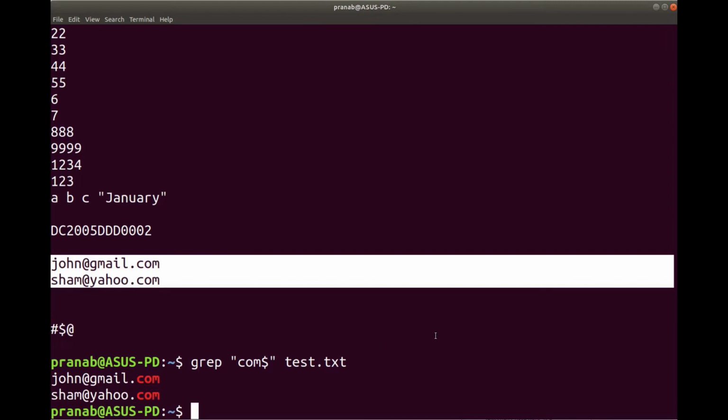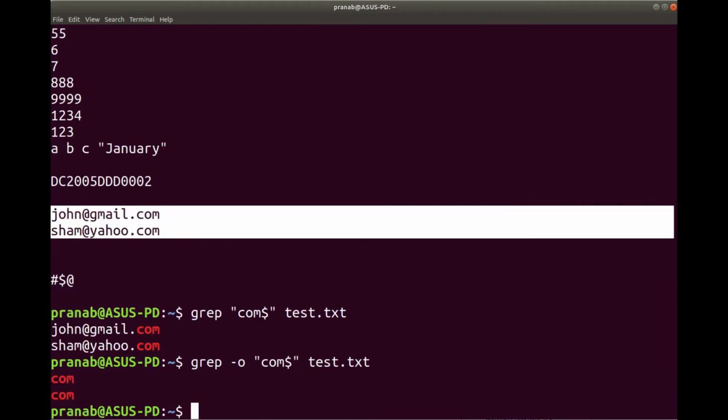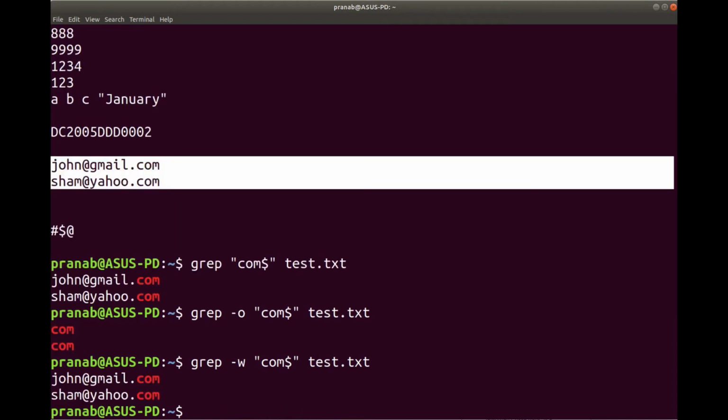Now remember that if you want to display only the matched pattern, you have to use -o. So I can use -o with this, only the matched pattern, not the rest of the line. And if I want to search for the exact word, -w will show the exact word com.